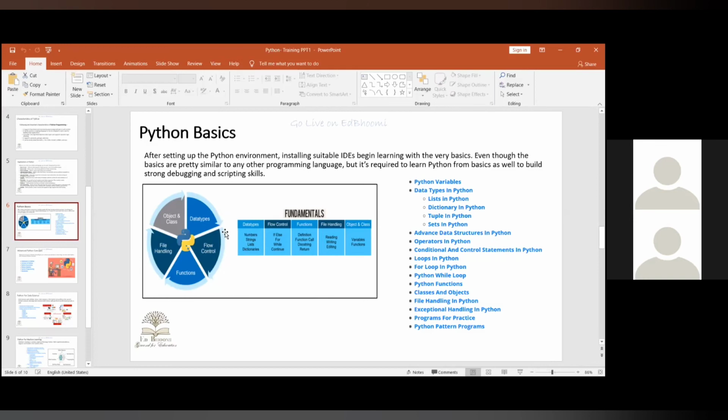But yes, we will cover object-oriented programming, which includes variables, data types, flow control, functions, file handling, database connection, and many more. All the loops are there. So you can go through this. For any programming, you must go through these basics.